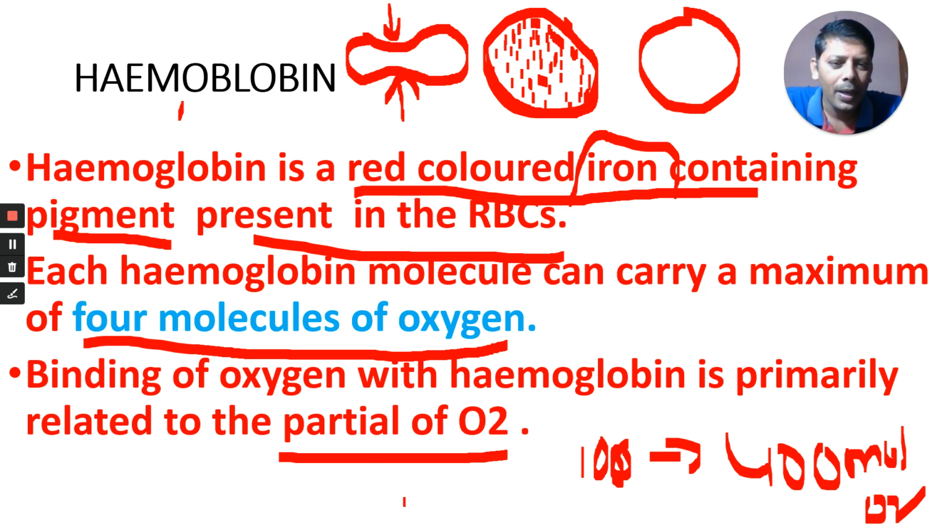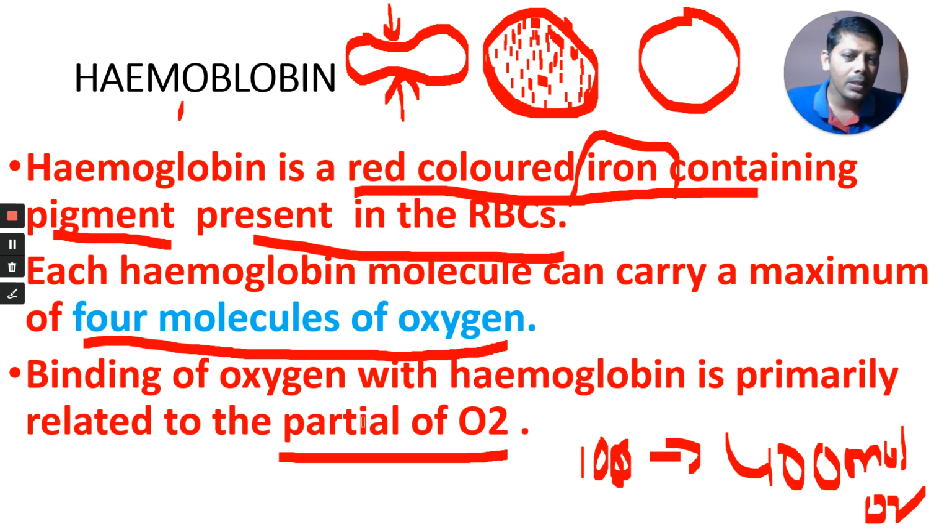Why does oxygen bind with hemoglobin at our lungs? When you inhale air, all gases enter into our lungs: carbon dioxide, nitrogen, oxygen. Our hemoglobin binds with oxygen. What is the reason? Because the alveoli of our lungs have more oxygen. The partial pressure of oxygen in the alveolus is 104 mmHg. In our deoxygenated blood, it is 40 mmHg.